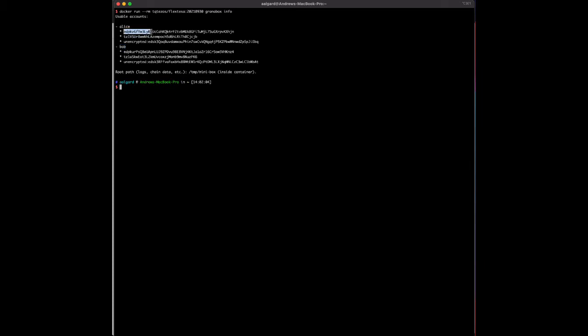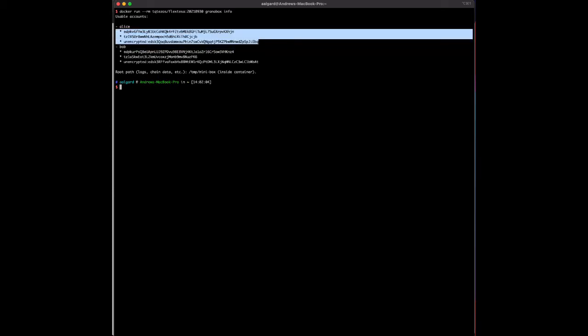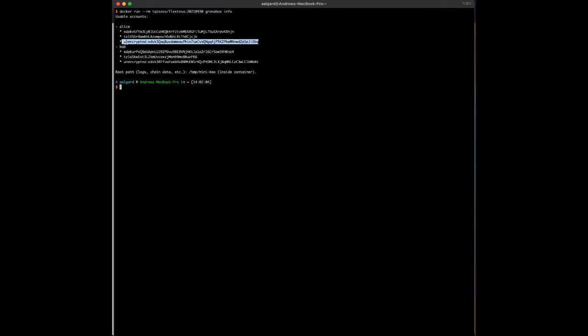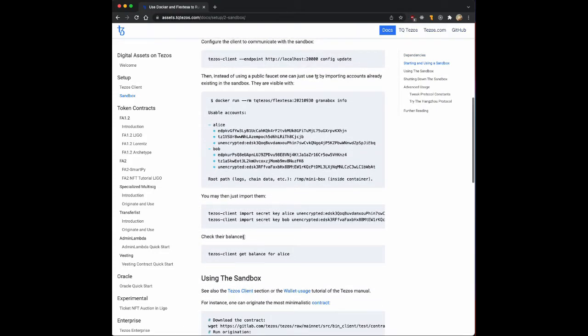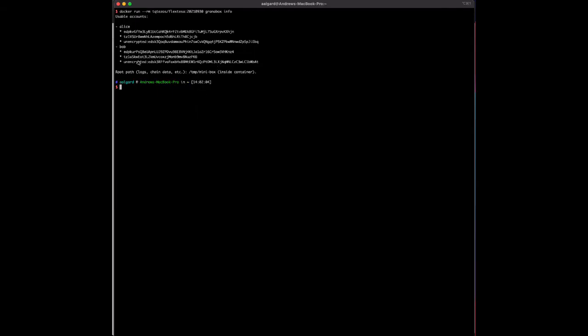These are their public key hashes, public keys, and then their secret key. So we just need to grab the secret key and then add it to our Tezos Client list of known addresses, and then we should be able to get information from our locally running Sandbox. That command is down here. Tezos Client import secret key Alice, and then that secret key from this list right here,